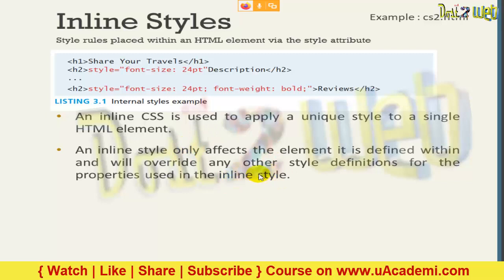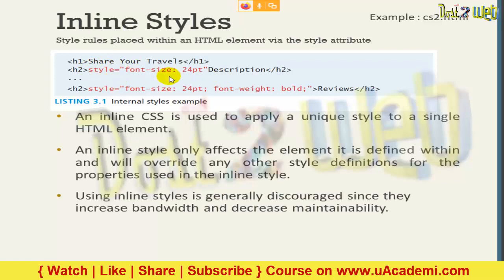So if you used other CSS styles for a particular font, heading tag or paragraph, and you define it inline, then only the inline style will override.